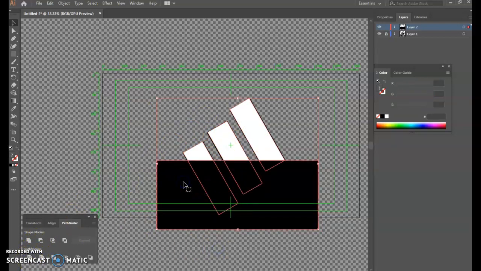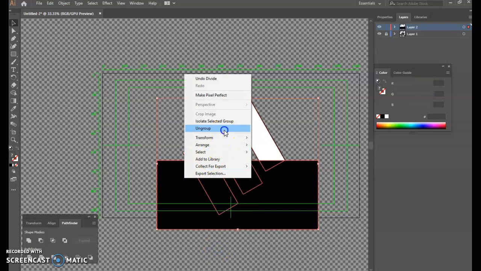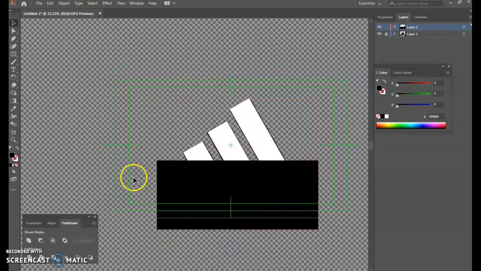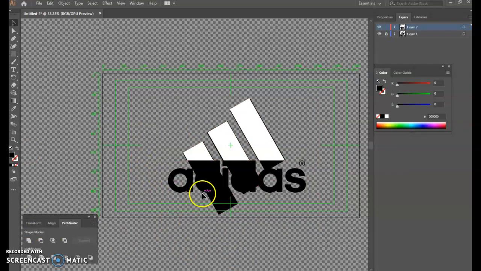In doing that, right click, ungroup. After you do a Pathfinder, it'll group all your objects together. Now click off of the shape so nothing is selected. I can delete that rectangle and delete each of those bottom pieces, and that gives me the three pieces that